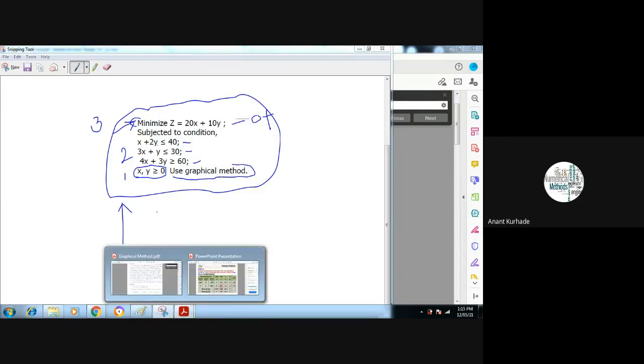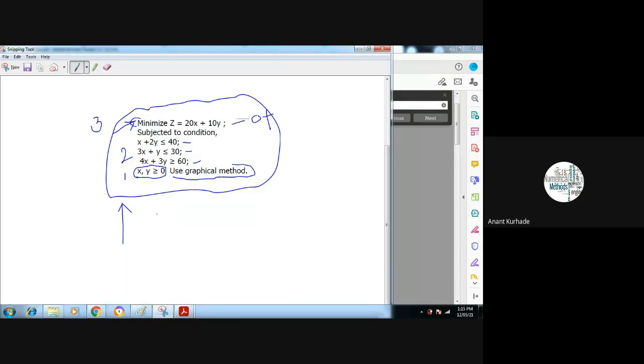Please think about it; you can remember the standard form and go in reverse manner. First one means you have to define x and y. These x and y are nothing but the decision variables, the numbers. Then in the second part, you have to think about the constraints, and then whether the problem statement gives profit or loss, maximum or minimize. So just remember the standard format and go in reverse way: first, second, and third.